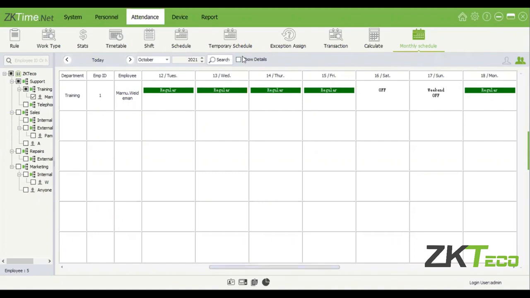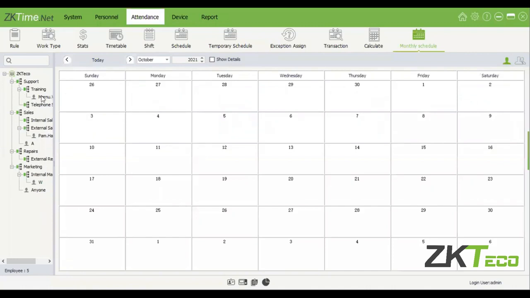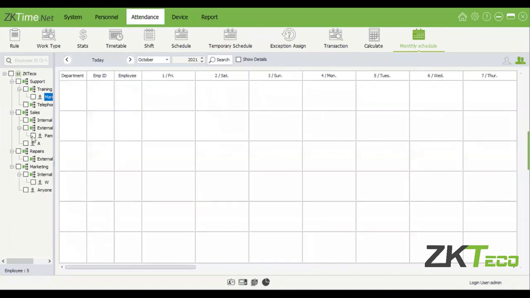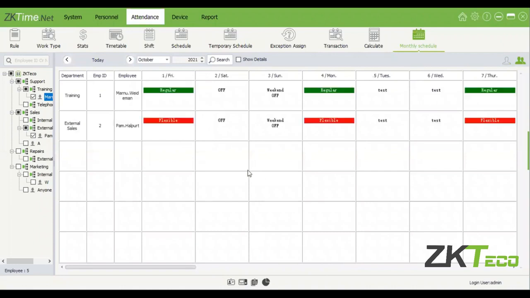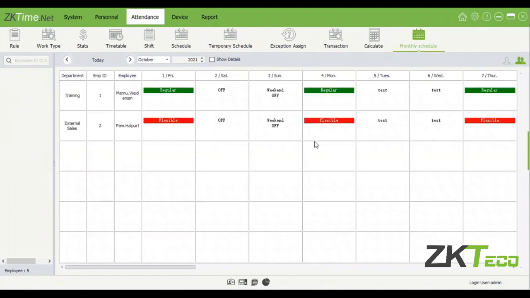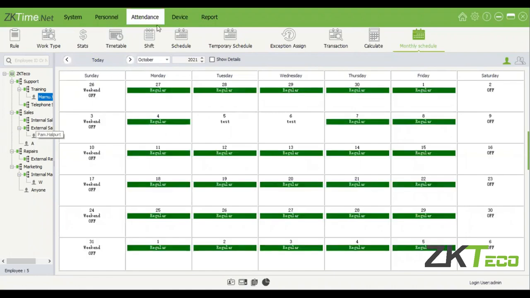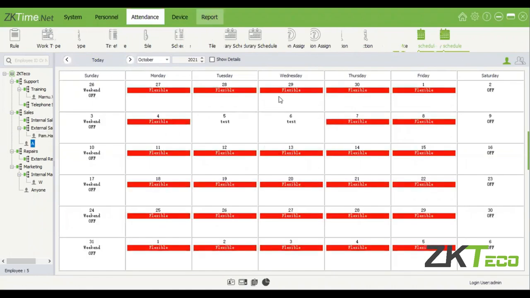I don't think you can print this out. Let's just select this here. You'll see that this is just for one person. Okay, so it doesn't look like you can actually export this, but you can just view this on the software. So you can either have multiple users underneath each other, or if you just wanted to display one person's schedule, it'll display one person's schedule as is. All right, so that's one way of doing it. Let's quickly go to reports. So once